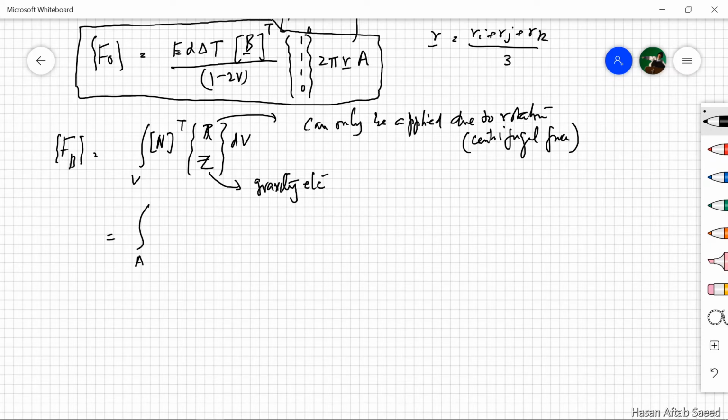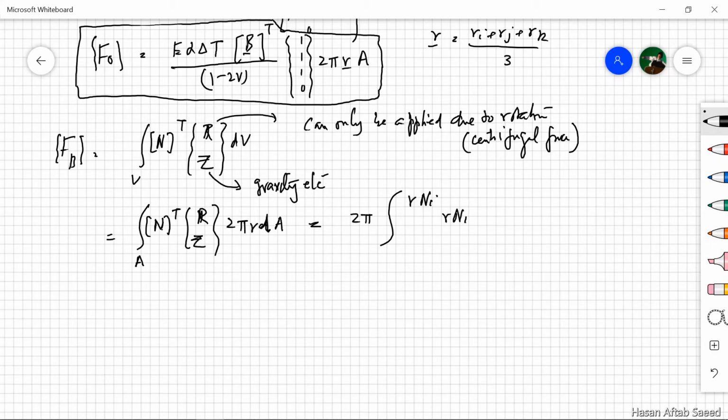We can convert it into an area integral by again using the expression 2 pi r dA, but here r is not r in the centroid, it is a general r. Now this can be rewritten as 2 pi, take outside, and we use the product of r and the contents of the N matrix,